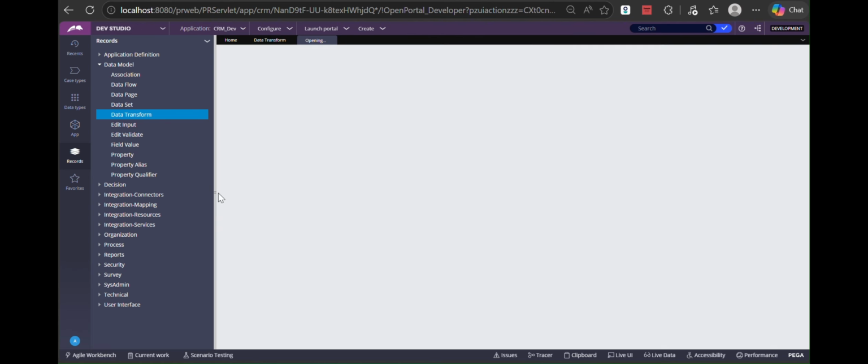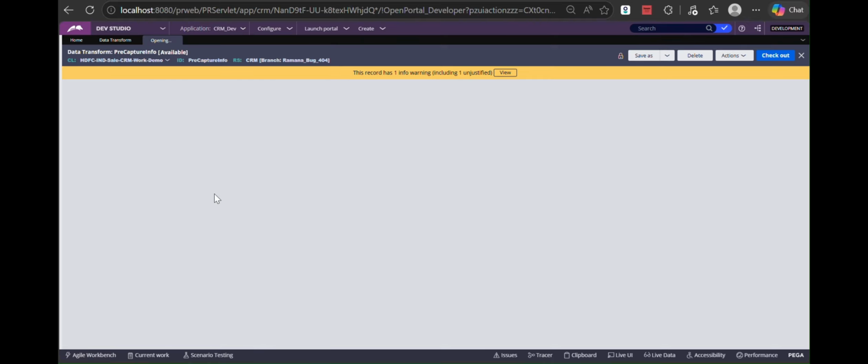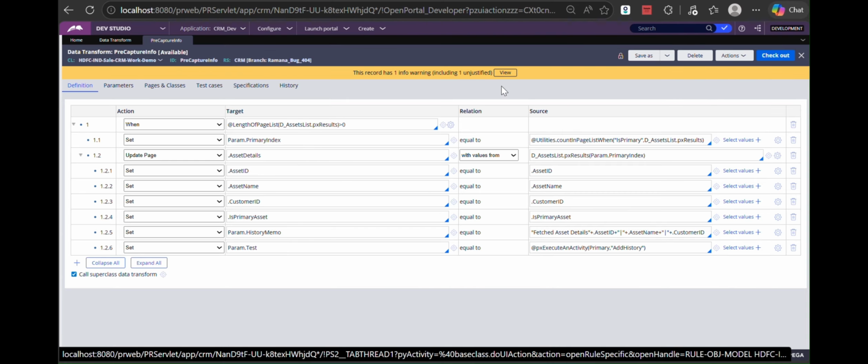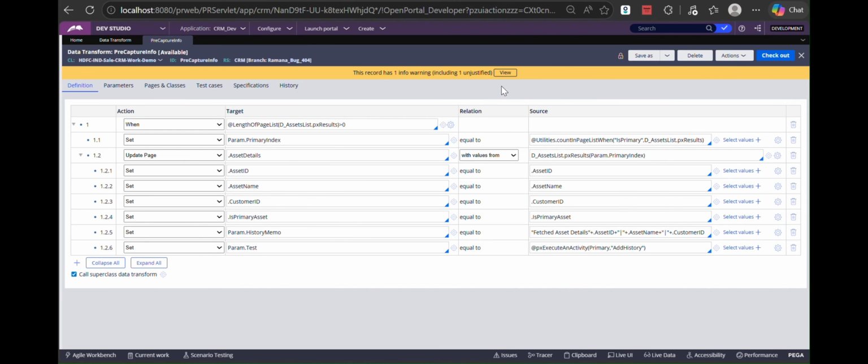So here I took an example like assets. We have three assets, for example a laptop and a headphone. I need to get the primary asset. Okay, so if you go to d_asset list,